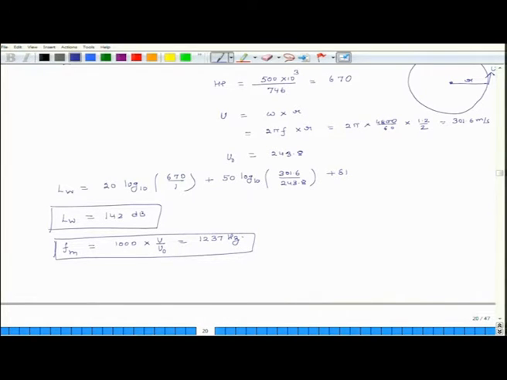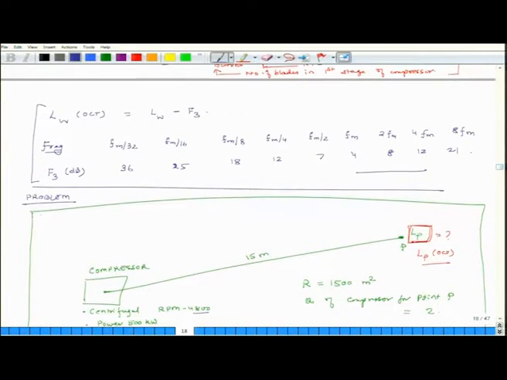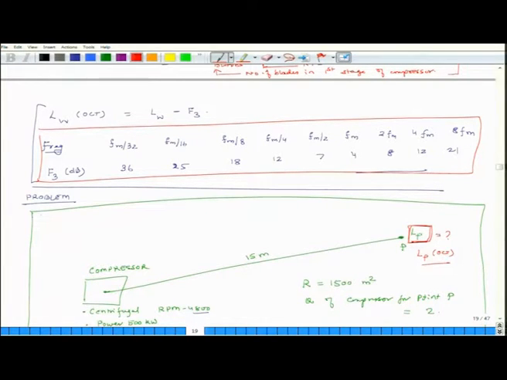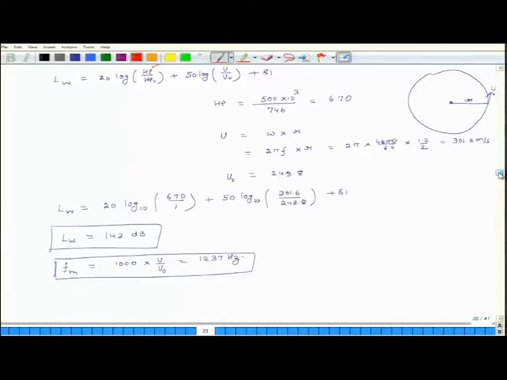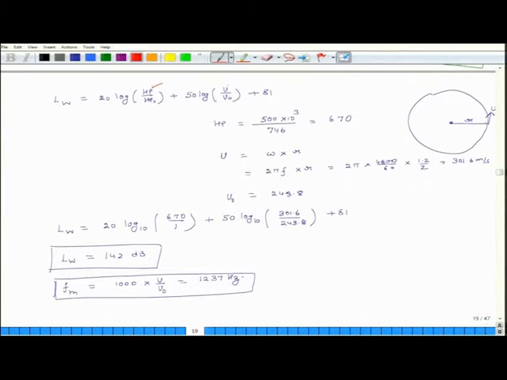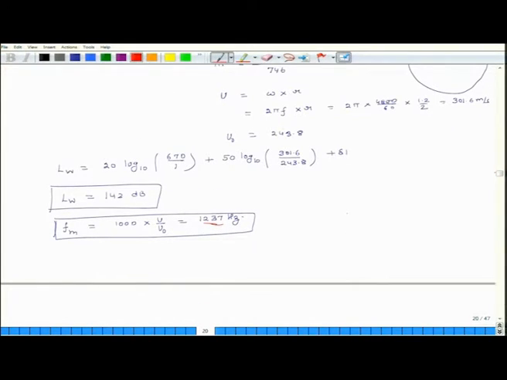Okay. Now, we have to use this table, but what we are really interested in is finding LW oct for different industry standard octave bands, because if I use 1237 I will get some very weird numbers. The industry will look at industry standard octave bands. But it is going to peak at 1237 hertz. So, the question is, in which octave band does 1237 hertz lie?